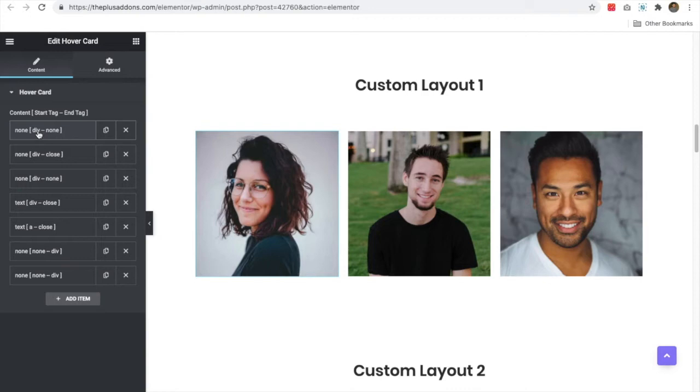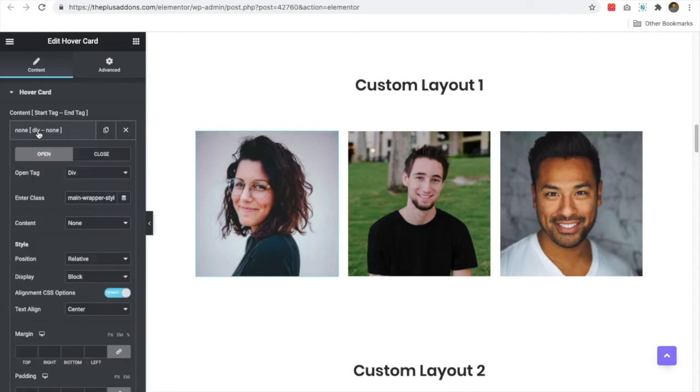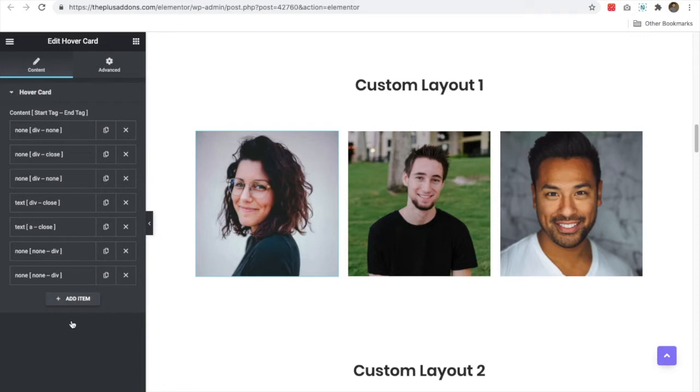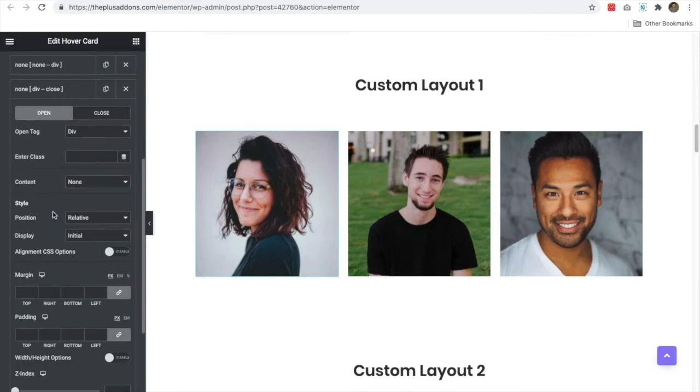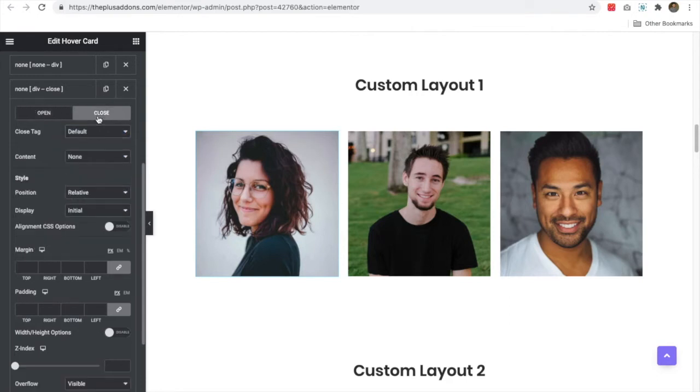Now for example, if you are going to the first repeater, let's add one new item. If you add any item, first of all you will have the option for the open tag. That means you can open any tag. Most of the HTML structure is based on such tags: div, span, header tags, paragraph, a tag. So you can choose any of these tags, and in the close section you need to close those tags, or you can select none.